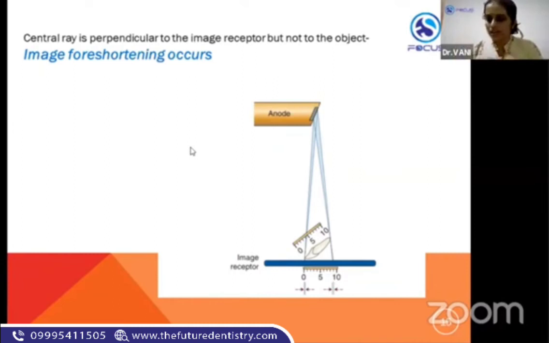Someone has asked for the umbra and penumbra definition. So there is no fixed definition. Umbra means the zone of clarity in the image, with proper sharpness and resolution, while penumbra means the zone of unsharpness, or blurred zone, in the image. So the concept is what is very important in radiology.